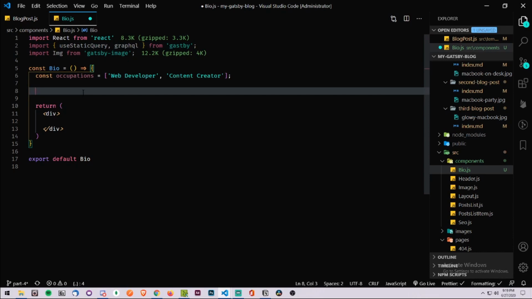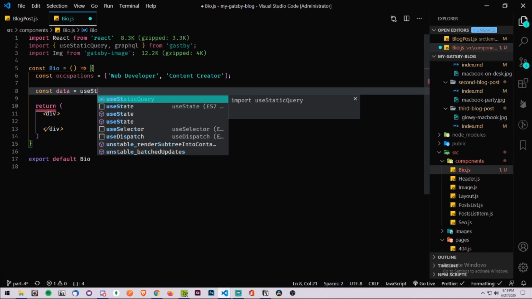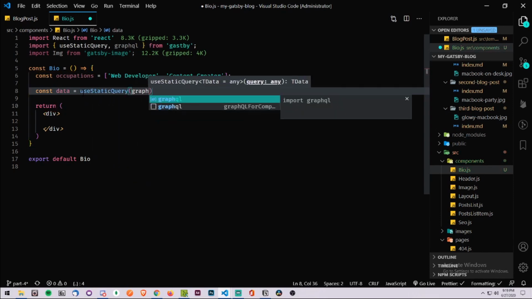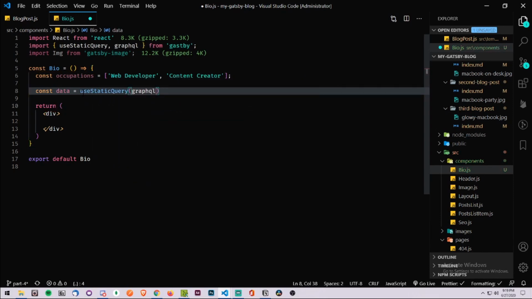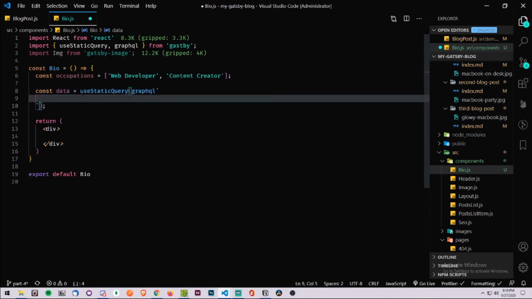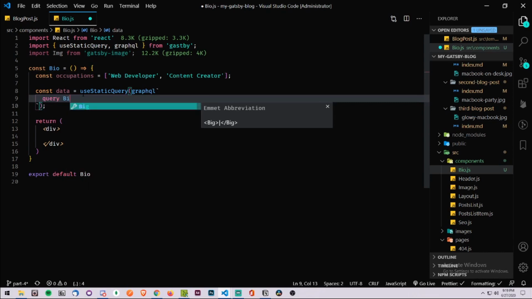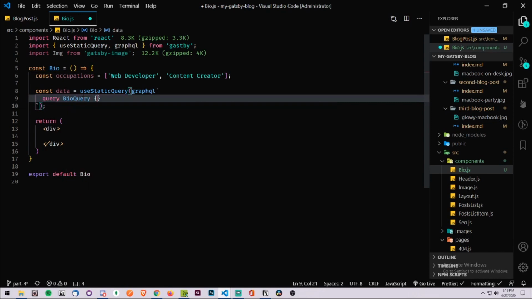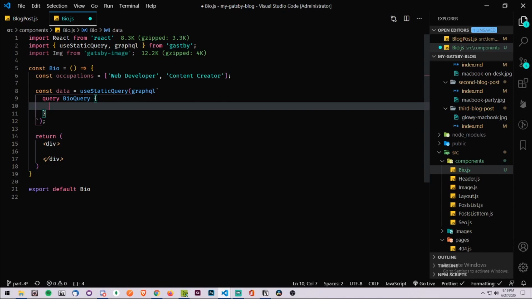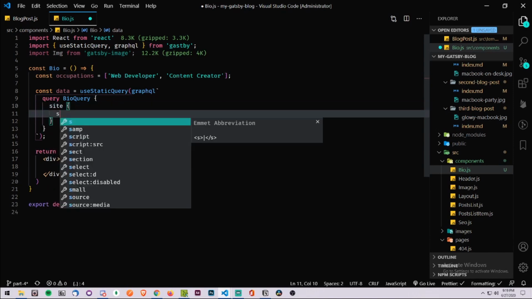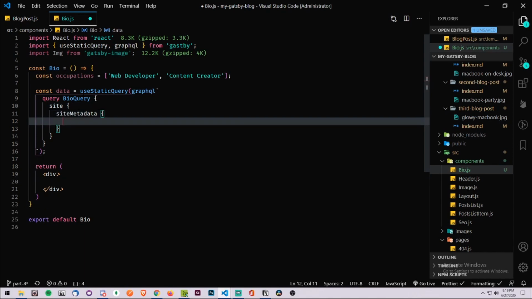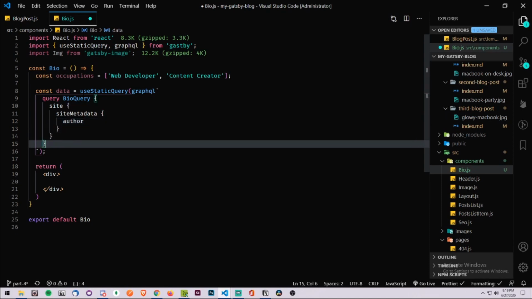Let's write out our static query, which is going to be const data equals useStaticQuery, and inside of there we say graphql with our backticks, and the query is going to be, we'll say BioQuery is what we'll name it. And what do we want? We want to grab site, we want to grab siteMetadata, and we want the author's name. And then we also want to query